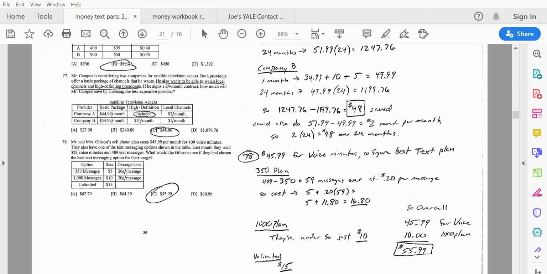So they used 59 text messages over the given amount, which they have to pay 20 cents per message. So you have to pay this $5, and then you have to pay 20 cents times 59 messages. When you multiply that, you get $11.80. So you have this 5 plus 11.80. So just in text messages for the 350 plan, it costs them